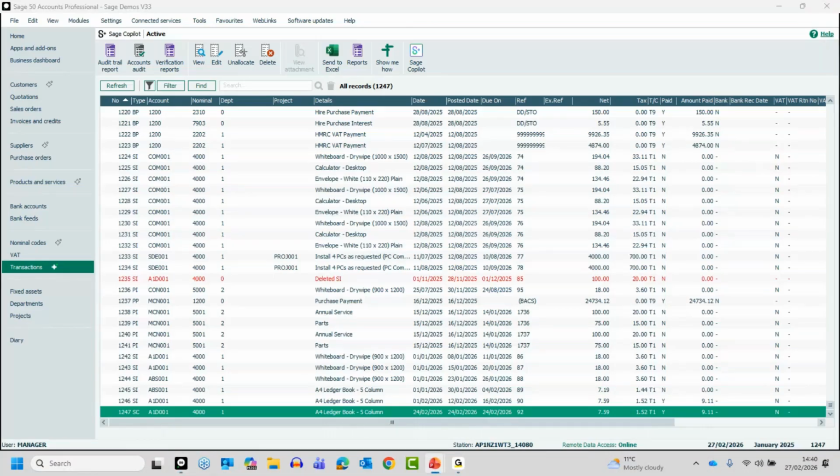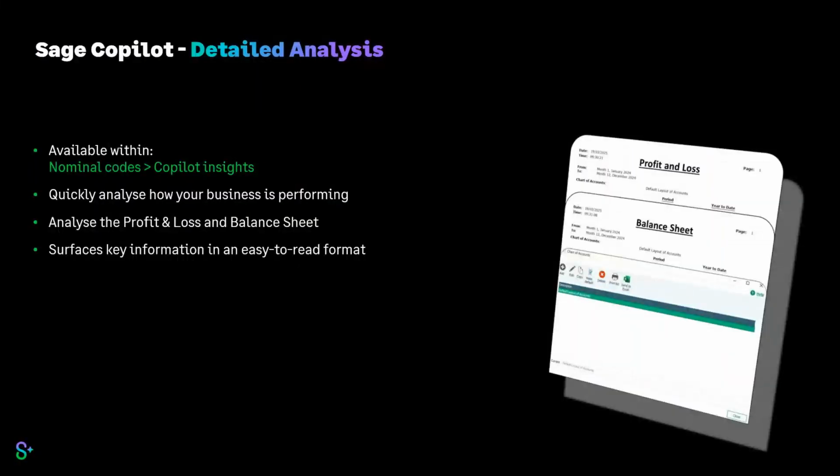Right, if we pop back to the slides for a moment, I just want to introduce another option that was introduced in 32.1, and it was the Copilot detailed analysis. Try and click the right button, that would help if I share the screen with you. So this is something that was added to the nominal codes insight. So